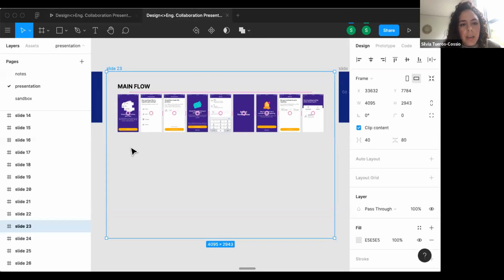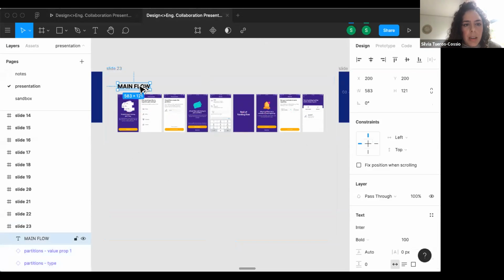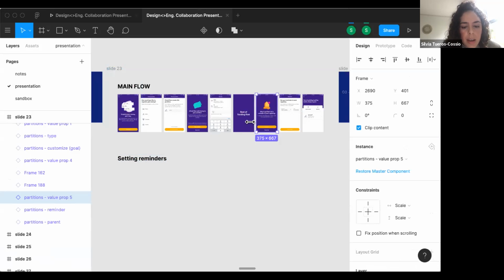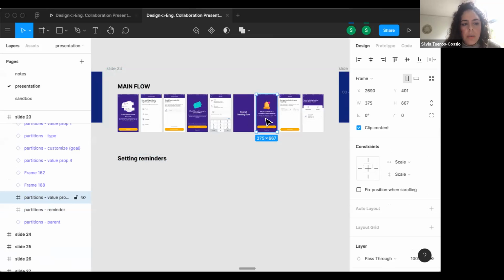All right, so here is your beautiful main flow. This happens to be our main flow for our new feature, partitions. But say you wanted to make a flow just for setting reminders. What you can do is make this into a component.